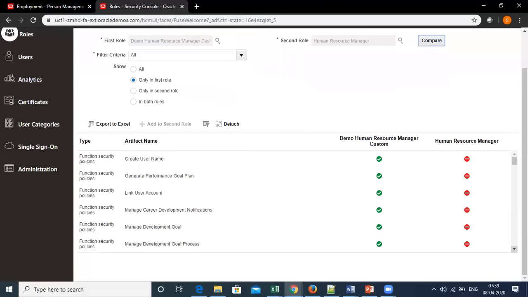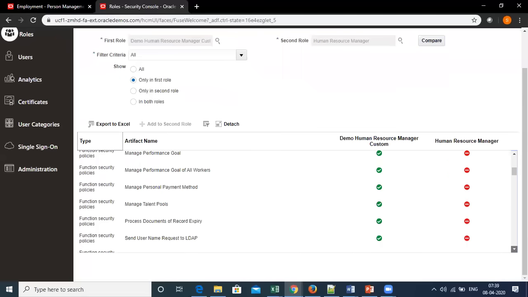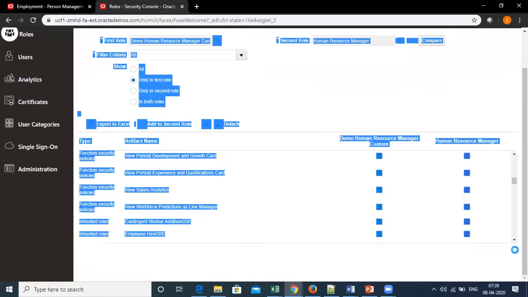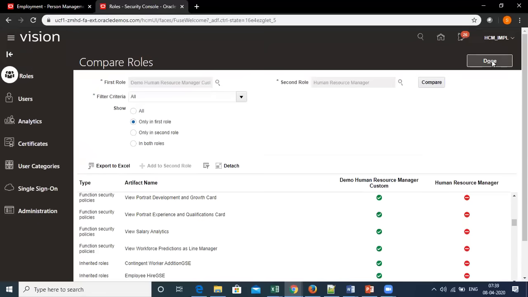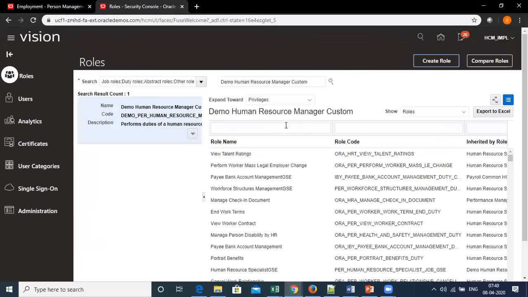This is how we can use the compare role functionality when you have created multiple roles and you need to see whether both roles have different accesses or what kind of accesses are available. You can check it from here.